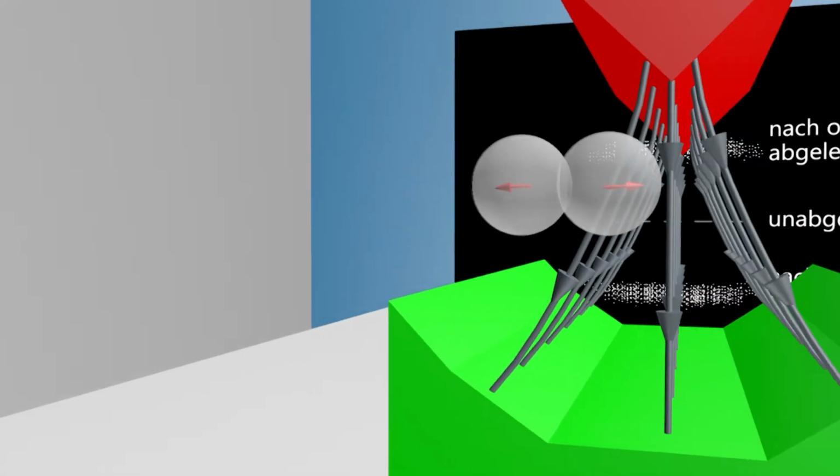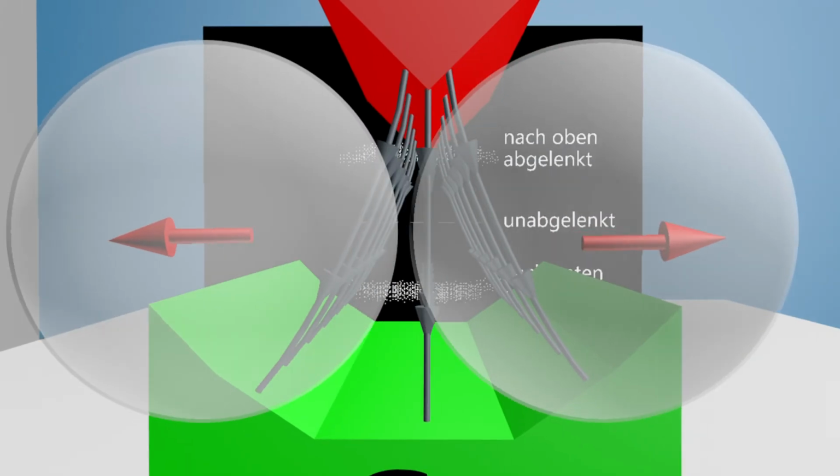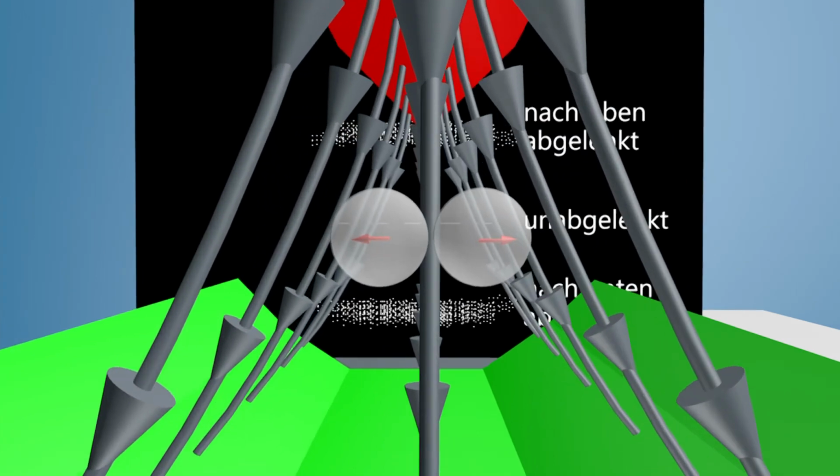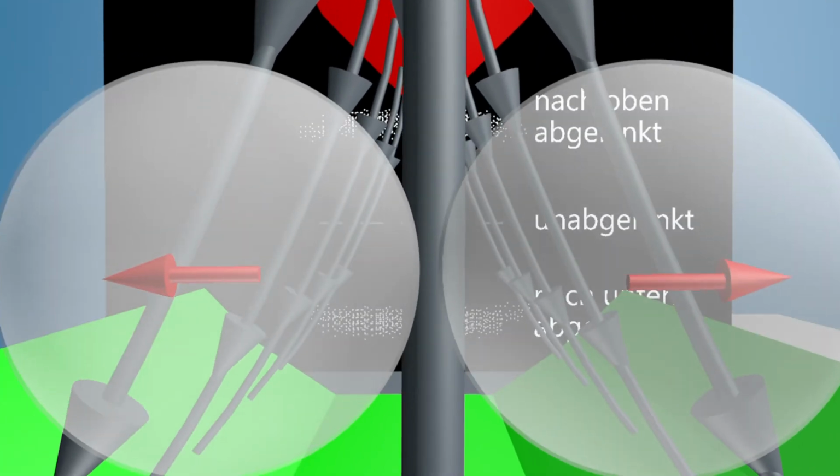Now let's go back to our experiment. As already mentioned, whole silver atoms always fly through the magnetic field. Now let's look at what happens to all 46 paired electrons as they fly through the magnetic field. The spins of the two electrons must be opposite at all times. Otherwise, they would break the Pauli principle.